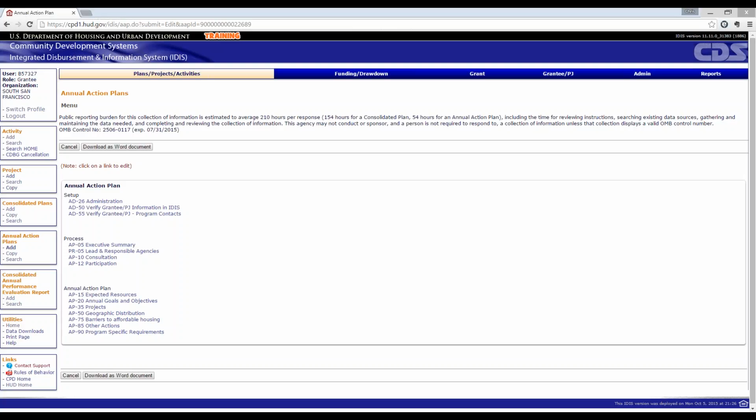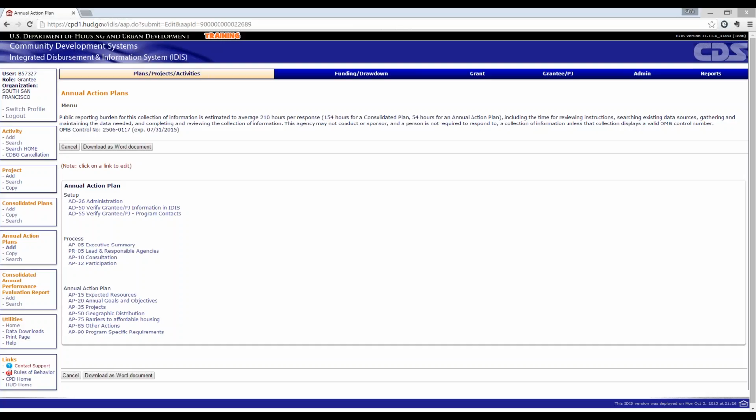And we just had a question of who is the local IDIS administrator, as I've talked about that a couple of times. Your local IDIS administrator is the person in your grantee who has the manager control of IDIS and can give IDIS users different access within your grantee.